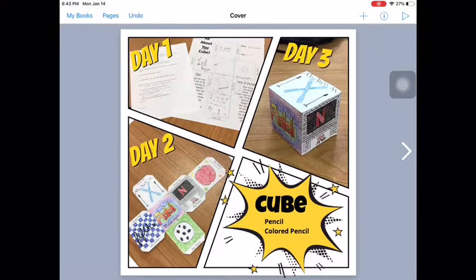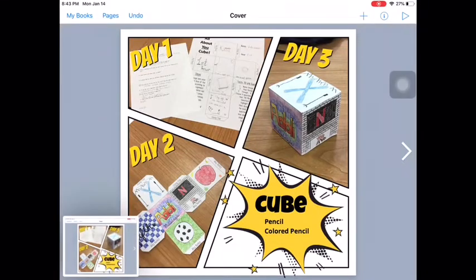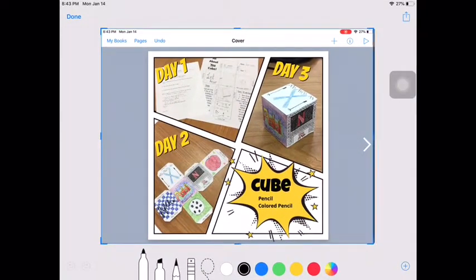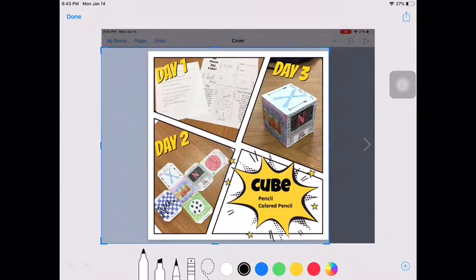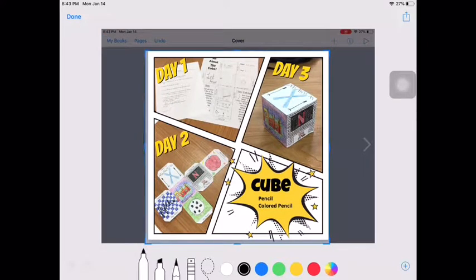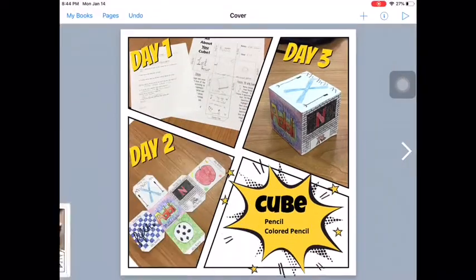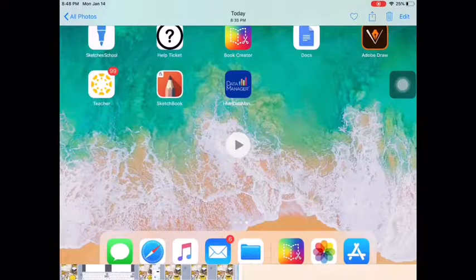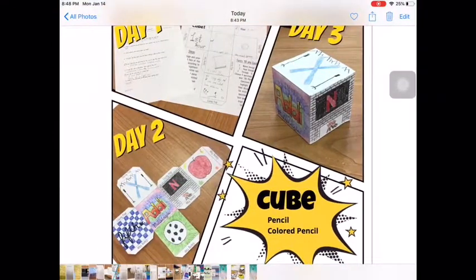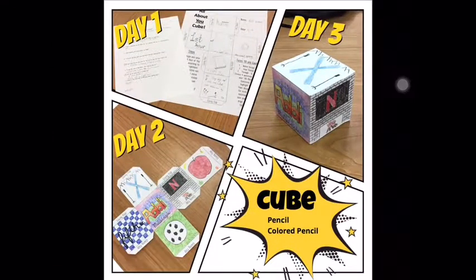The next thing I need to do is screenshot. Screenshot is holding the home button and the power button and then releasing right away. And I'm going to grab that before it disappears. If it disappears, it just goes to my photos. But it's already in edit mode if I grab it from the corner. Alright, once you have your photo, so I have my screenshot, I've cropped it so it looks just like my